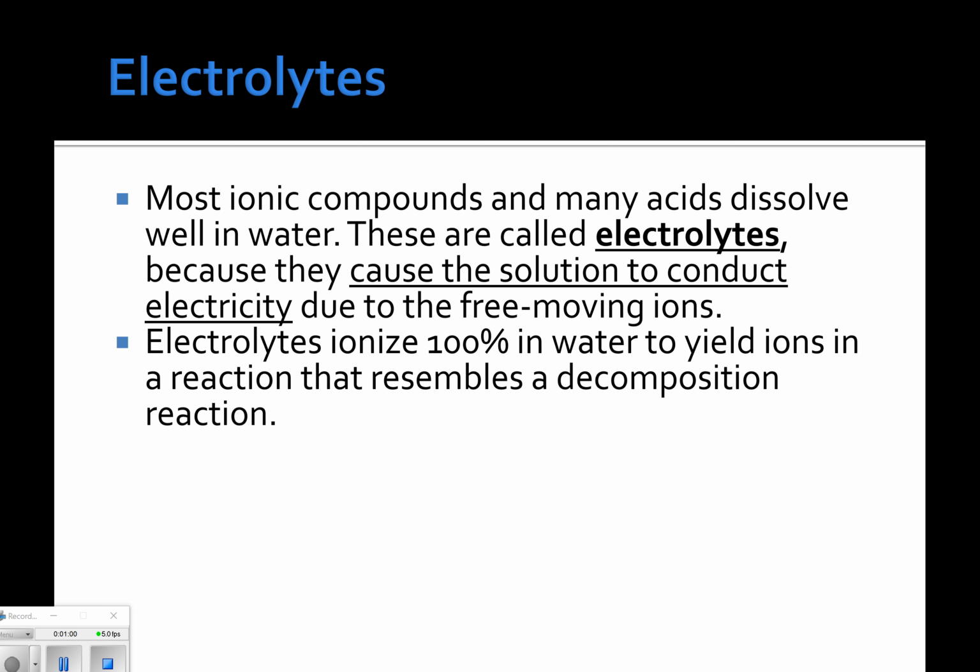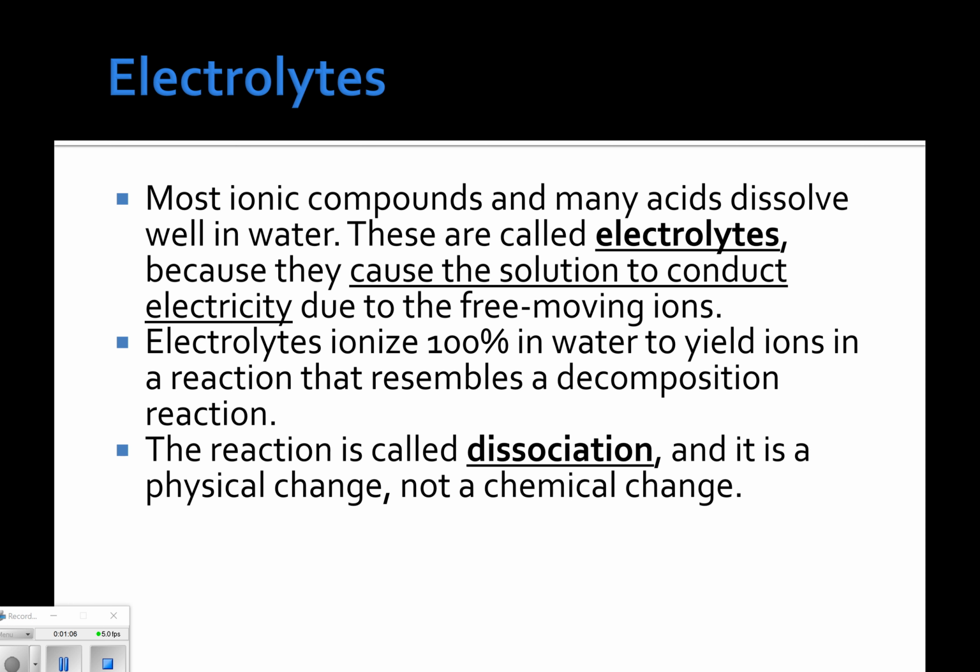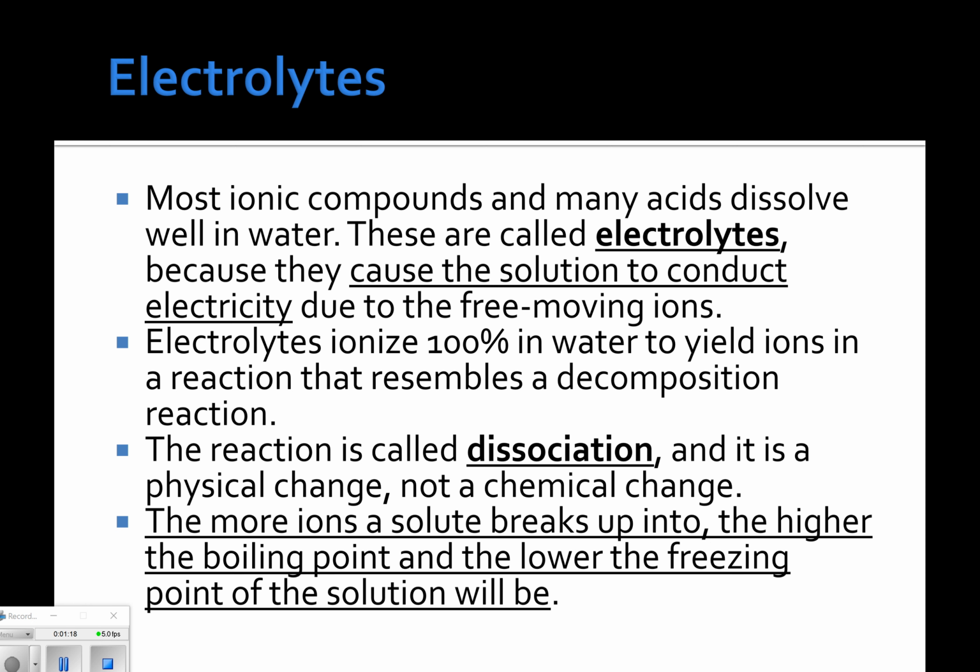And they yield ions as products of a reaction that resembles a decomposition reaction. In a way, we call this dissociation, and it's a physical change, not a chemical change. You've seen this before in a reaction, and I'll show you what it looks like in a second. It's basically the ionic compound dissolving in water and showing the aqueous designation as far as the